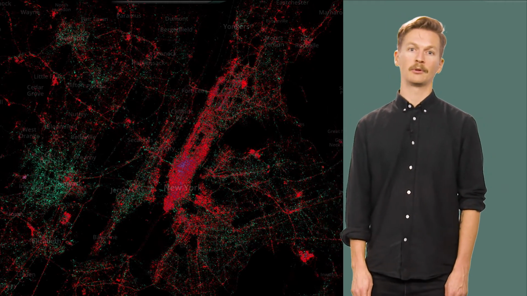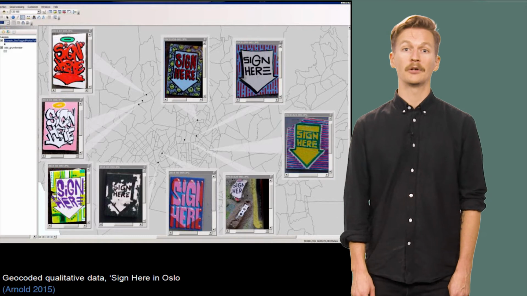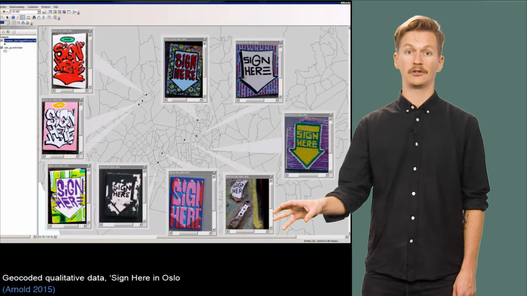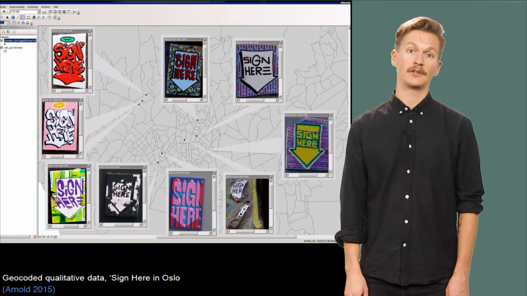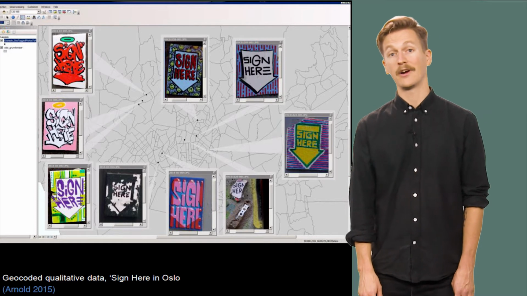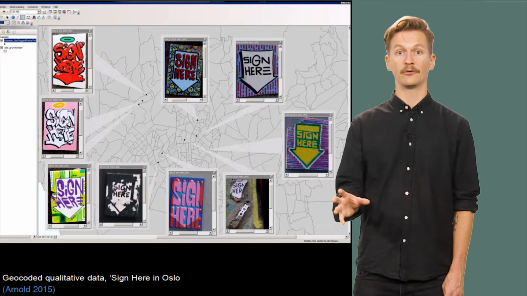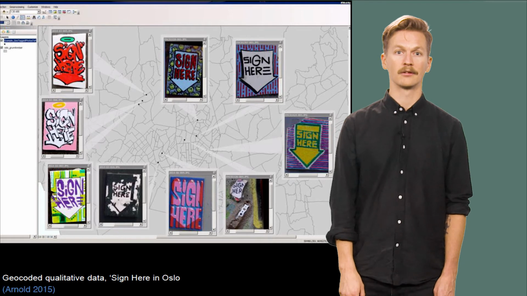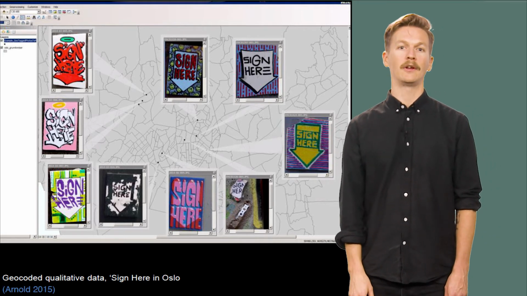Another approach to exploring and analyzing the spatial dimensions of qualitative data is through so-called hyperlinking. This approach involves linking qualitative data such as texts or images to specific geographic locations or objects on a map, most often using specific GIS software. The advantage of hyperlinking is that it preserves the qualitative data in an unmodified form, facilitating more in-depth analysis and exploration. One example of this approach is the following map by Emma Arnold, who's a researcher here at the University